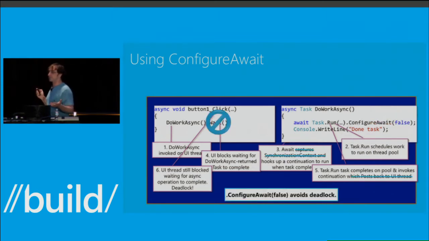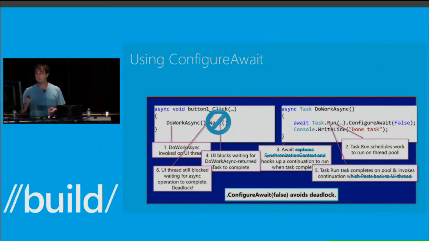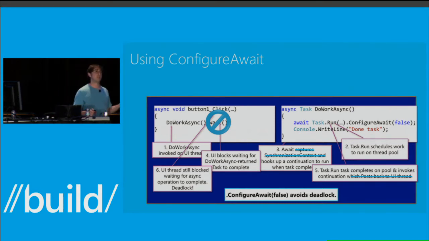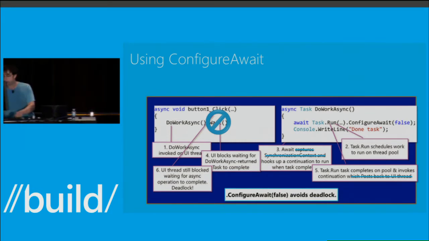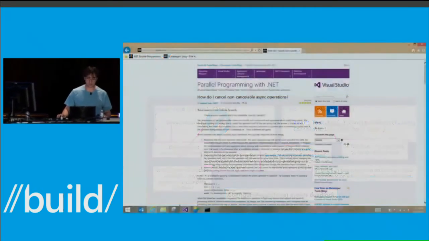So if I instead said .configure await false, you can see the changes that it makes to our equation. We still hook up a continuation, but we don't force the continuation back to the UI thread. Therefore, the continuation isn't posted back to the UI thread, and we avoid the deadlock. So if I switch over again to VS,